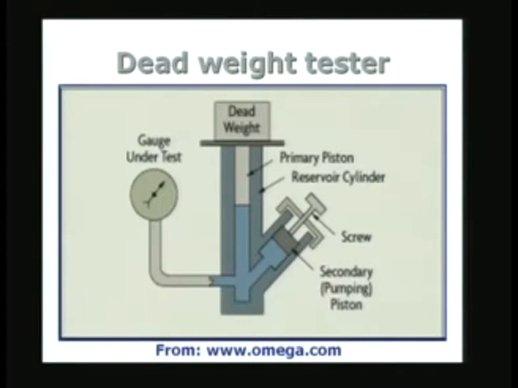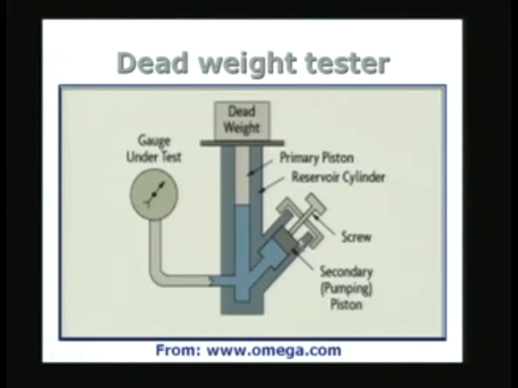So, the calibration is done by having a known weight and the known area of cross section of the piston, such that the pressure can be calculated directly as the weight divided by the area of the piston, as simple as that. And this pressure is acting on the oil, and there is a side tube through which it is communicated to the gauge under test, and the gauge will experience the same hydrostatic pressure. The fluid pressure, the oil pressure, whatever is experienced by the liquid here, which is usually oil, is communicated to the gauge under test.